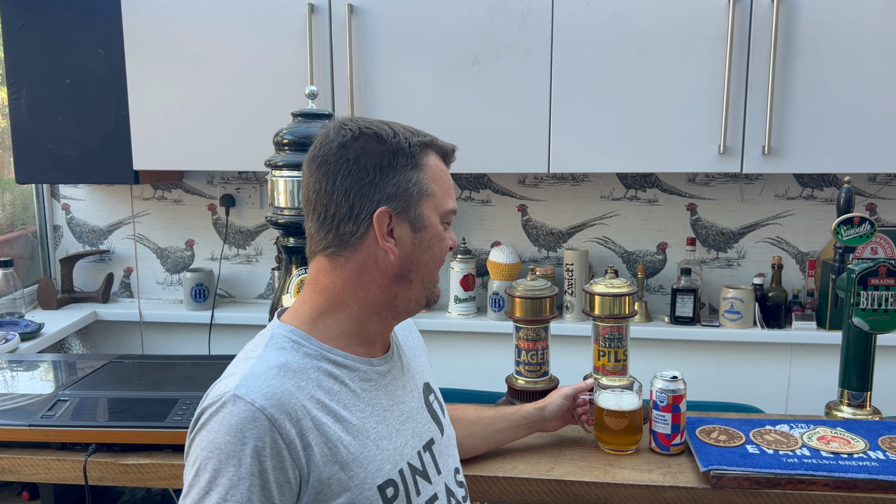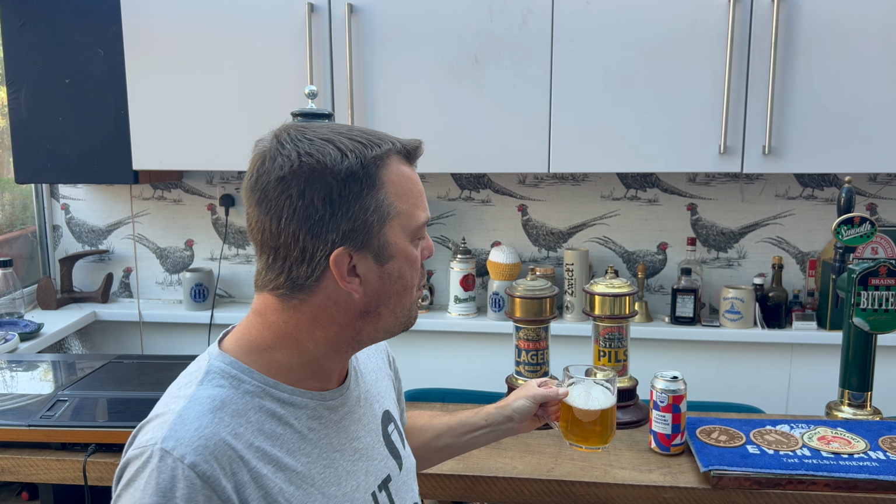Love lager. There was a time where I didn't really bother with lager. I really wasn't that bothered by it. But now, bonkers, love it. That is so, it's got a lovely creamy rich mouthfeel to it. Only slight, but it's the malt that they've used in the beer that's just made it slightly lovely, kind of like creaminess to it. Beautiful, beautiful. A little bit more full bodied